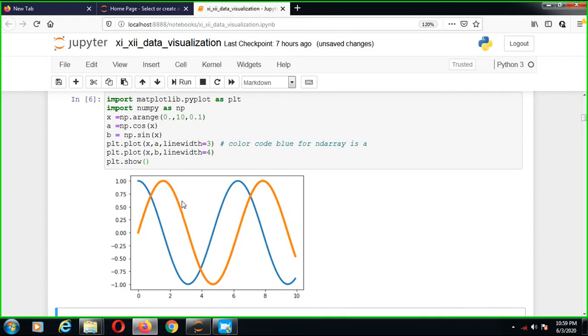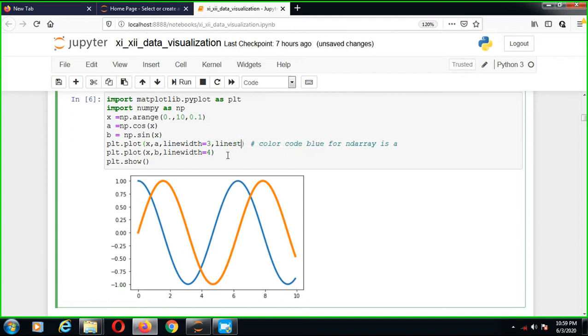Okay, color code. One more thing we can add is line style. Line style is equal to, suppose I am adding, dash, and now see the output.